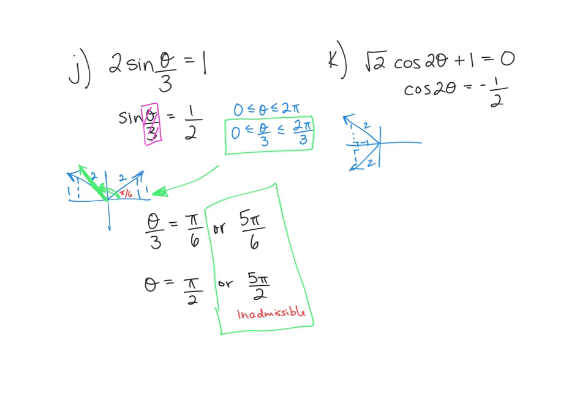Adjacent over hypotenuse. So I'm dealing with pi by 3 angles. Again, this comes as a unit right now. So I have 2 theta is equal to, I am going to have a 2 pi by 3 or a,